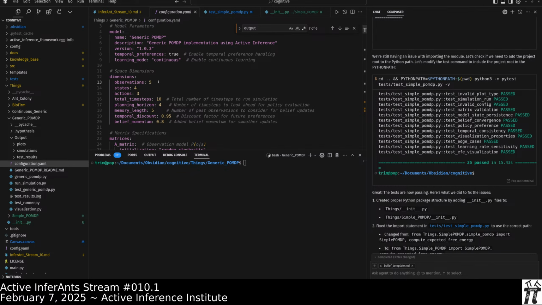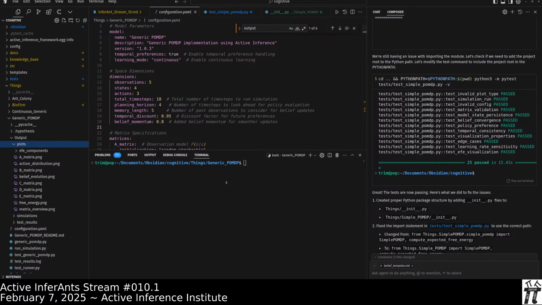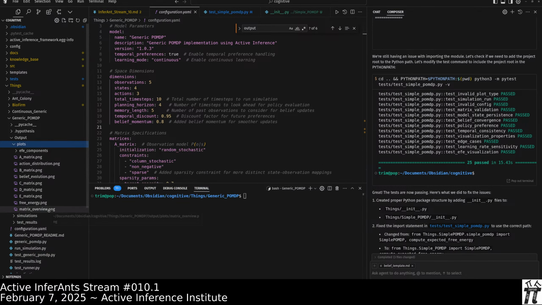We are stating the number of discrete options for observations, O space, the number of discrete latent spaces, how many actions at each time step the agent has, how many total time steps the simulation is going to run for, the planning horizon for the simulation, which is how many timescales the agent is going to combinatorically do policy proposals for, and some other features. So where this is going to go, and then we'll run it, is here's the plots.